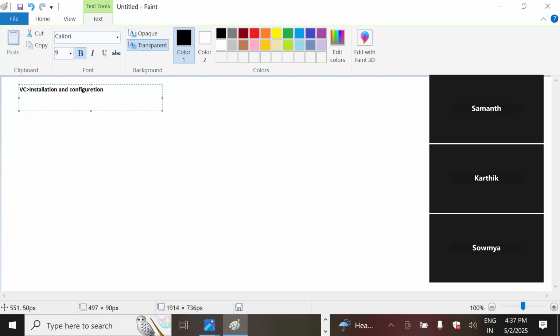And we had seen how to create a data center, how to create a cluster, and how to add ESXi's. Then we had seen how to restart ESXi, and